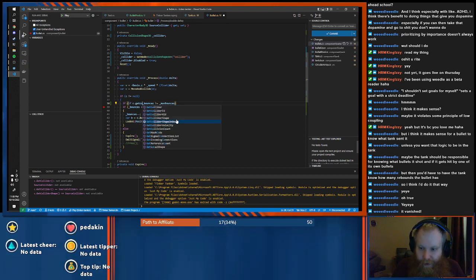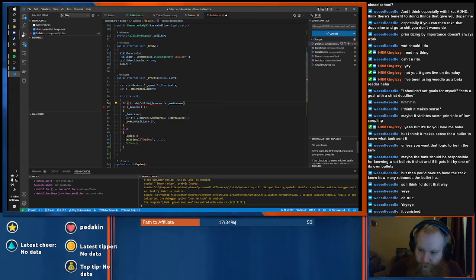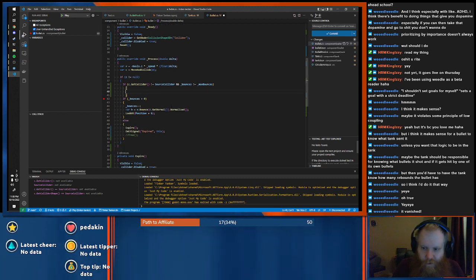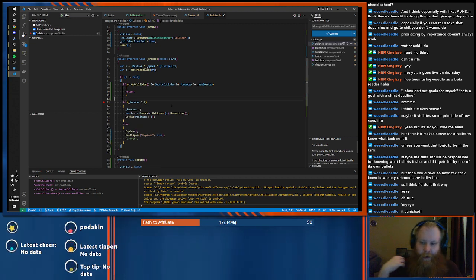If c.getCollider is not equal to source collider, and bounces not equal to max bounces, we're just gonna return. That might not be the right move later on, but